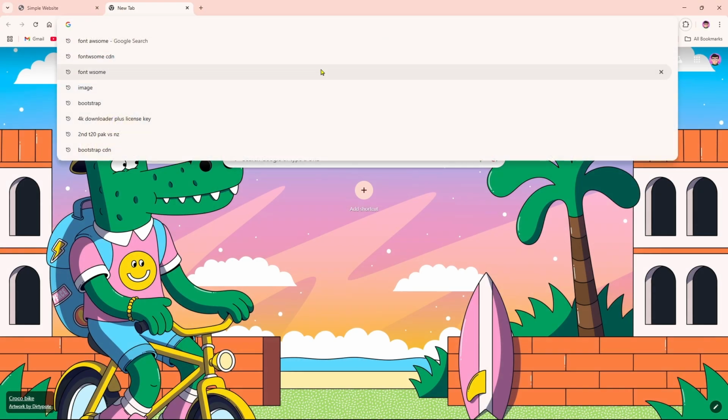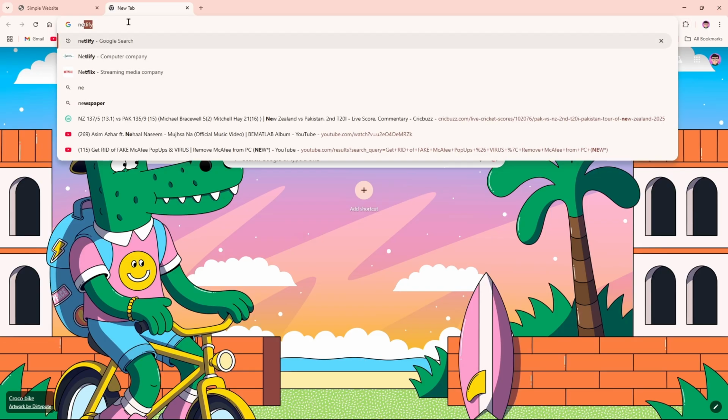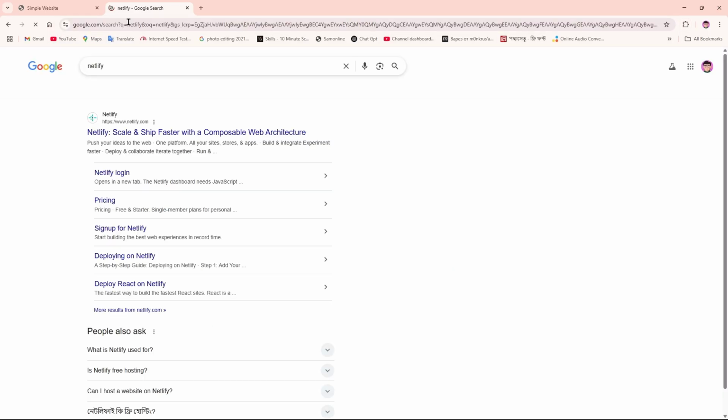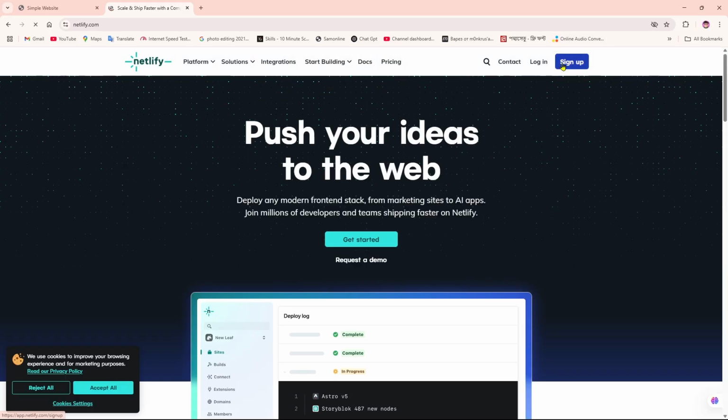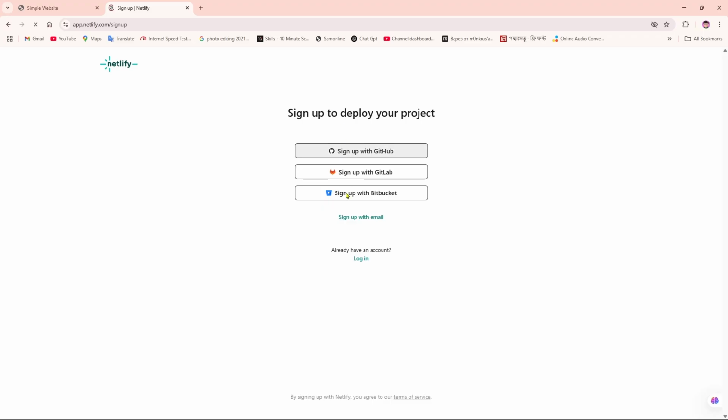For that, we need to create a new tab, and in the new tab we can simply type Netlify. We can click enter, and then here we'll get this website called www.netlify.com. So we're going to click on that, and then here we're going to click on sign up, and after that you can see there are three options to sign up, but I am going to go for